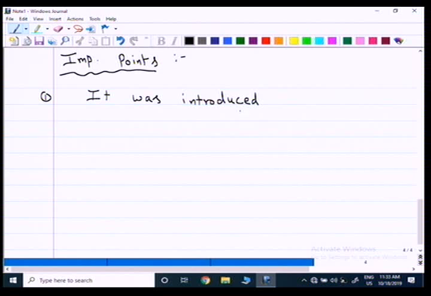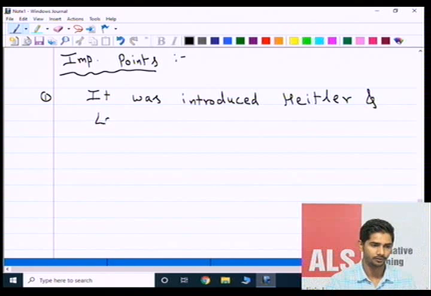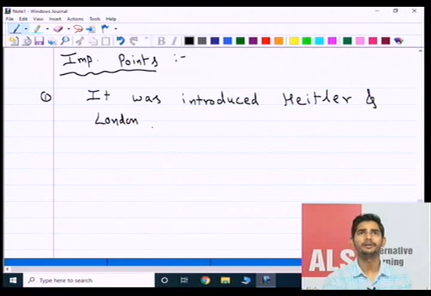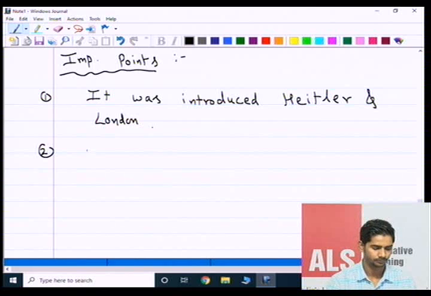Okay, now, these are the important points: to form a covalent bond